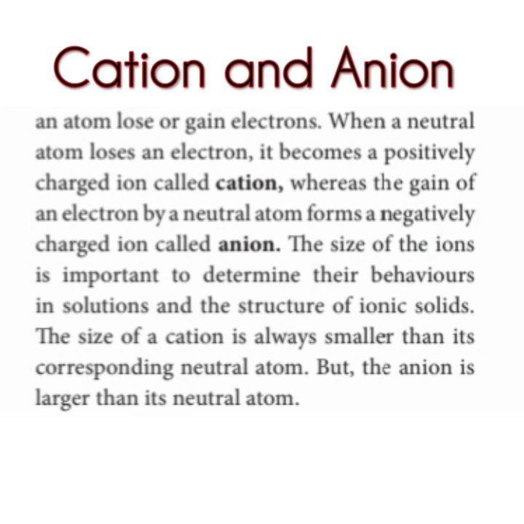What do you mean by cation? When a neutral atom loses 1 electron or 2 electrons, it becomes a positively charged ion. We call it a cation. So listen carefully: when a neutral atom loses one or more electrons, it becomes a positively charged ion, called a cation. Suppose the neutral atom gains an electron, it forms a negatively charged ion. We call it an anion. In the cation and anion, the distance between the center of the nucleus and the outermost electron is called the ionic radius.